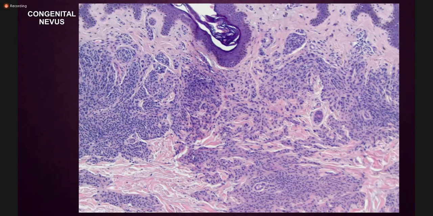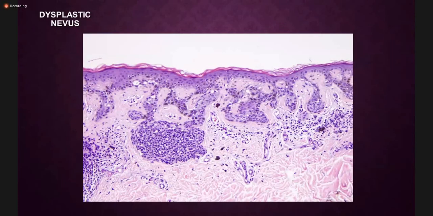Now this is a dysplastic nevus. You can see it has a junctional component and a dermal component. You can see this proliferation of melanocytes and fusion of rete ridges. Some atypical features are present in these melanocytic cells, and prominent nucleoli may be present. Then inflammation is present in the dermis with melanin incontinence and some fibrosis.